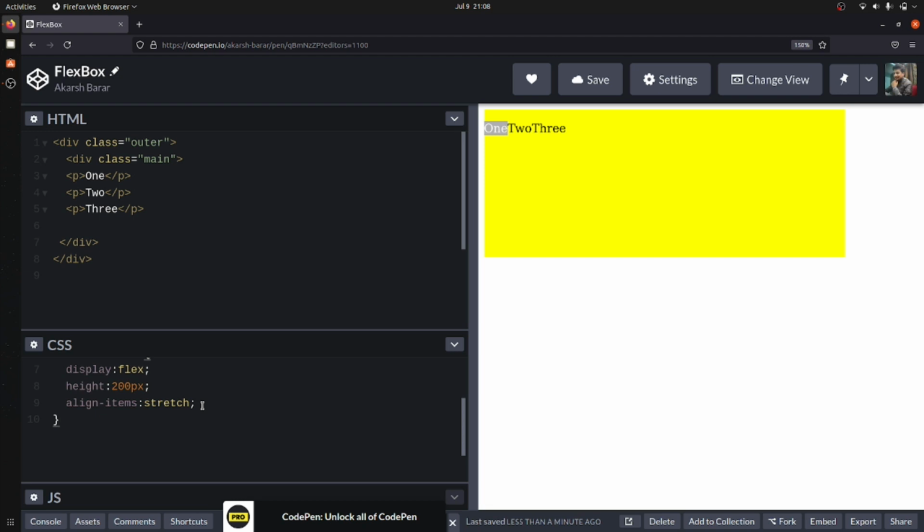Now if I have told you align items, then there is also align content. And if I set align content to center, let's say, does it do anything now? So now we can do the space between. One sec, why is it not working now?